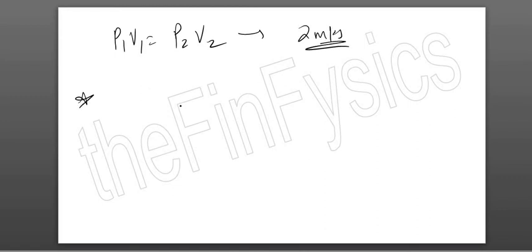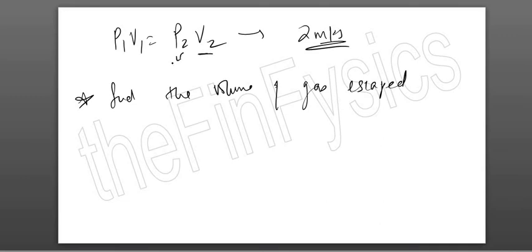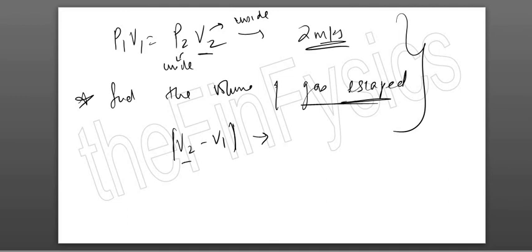Okay, sometimes they will give the statement to find the volume of gas which has escaped the container. Then remember, this P2 is the pressure inside, which means this V2 is the volume which is left inside. So for the volume which has escaped, you have to do V2 minus V1. Whichever is the greater one, you take it and you subtract the lower value from the greater value. This question, where they tell you normally to find the volume of gas escaped, comes for 3 marks, where they have 1 mark for finding this.